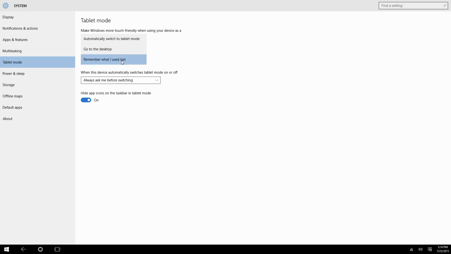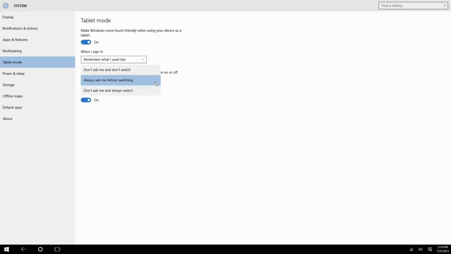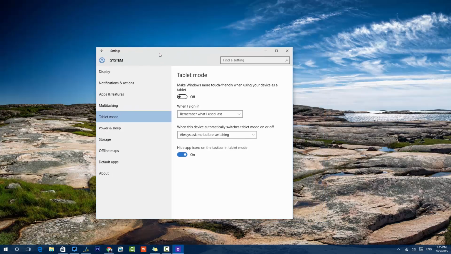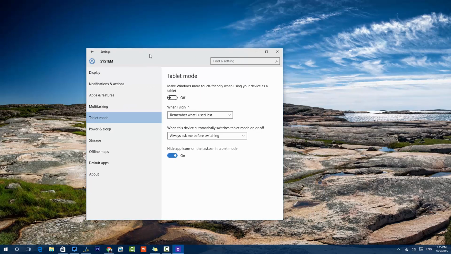When you log off and log on again, it will automatically switch to tablet mode or go to desktop, or remember what I was using last. When this device automatically switches tablet mode on and off, you can set whether you want to be asked before it is switching. Also you can hide app icons on the taskbar in the tablet mode. Now as soon as I switch back, you can see the settings menu has changed completely, so that's the tablet mode.